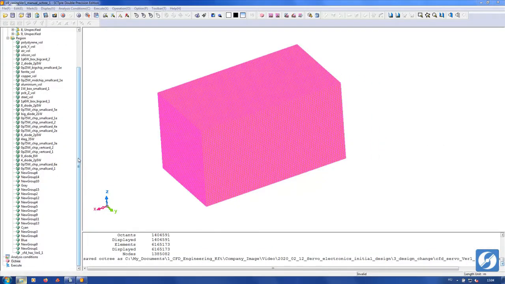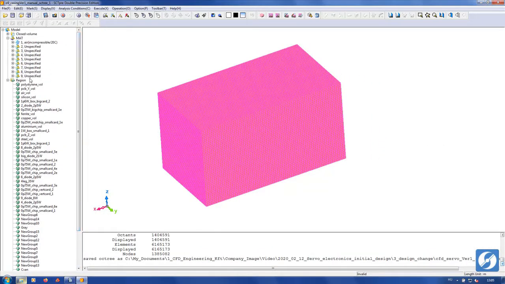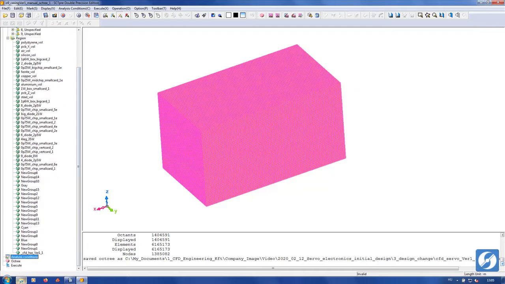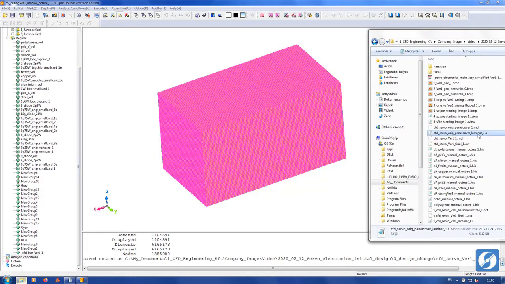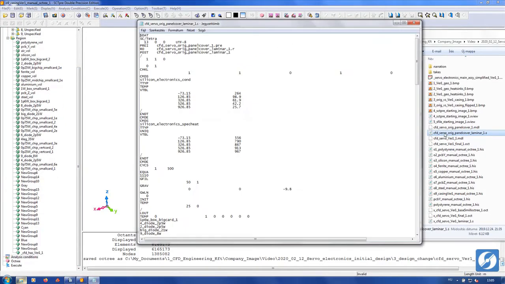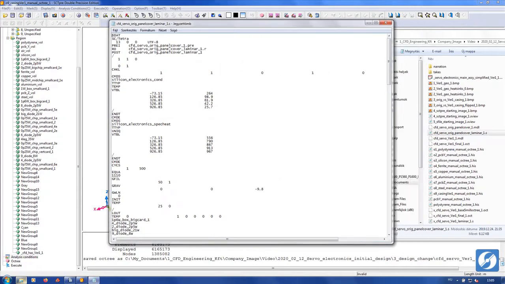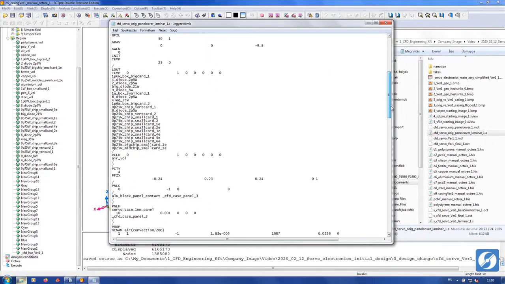I have the mesh element sizes ready. Let's move on to boundary conditions. I do not want to do the wattage setup procedure again, no way. Instead, I let the settings file of the initial design handle it. I look up the S file of the old simulation, which has every setting I previously used.